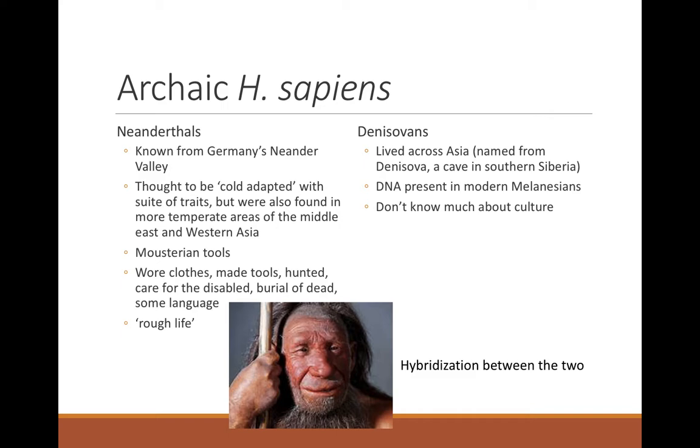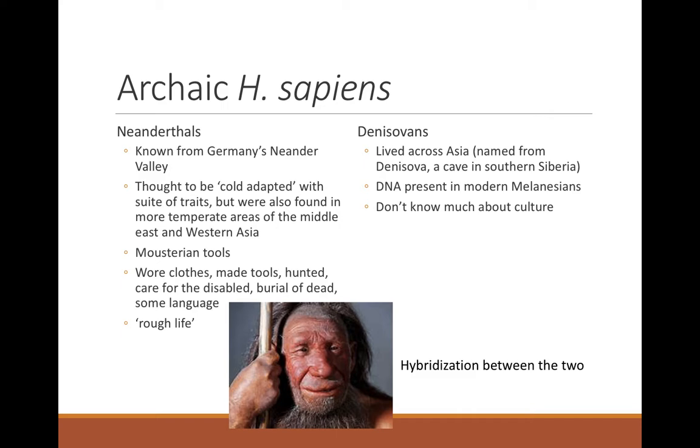They were thought to be cold adapted with a suite of traits that included things like short, stocky build, barrel chest, large nasal passages that are able to heat the air before it reaches their lungs, and so on and so forth. But they've also been found with, let's say, not quite as robust features in the more temperate areas of the Middle East and Western Asia. So that cold adaptation may not characterize the whole subspecies, but may in fact be very specific to the population